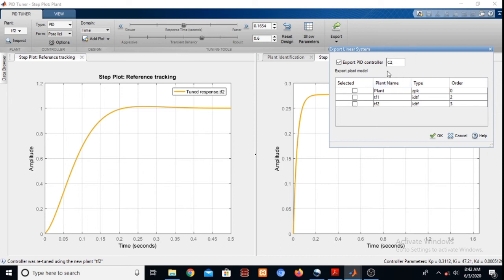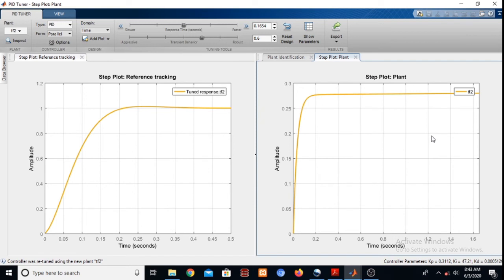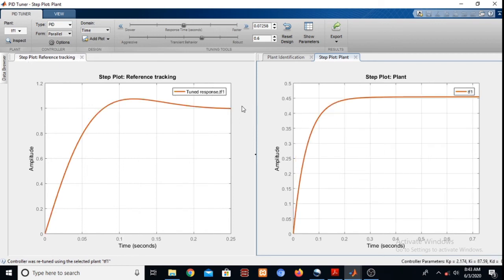Okay, this is for the second option, because here there is a TF2, so we'll write C2 as the PID controller. Okay, and we say okay. Okay, we can also go back to TF1, and now this is our PID.